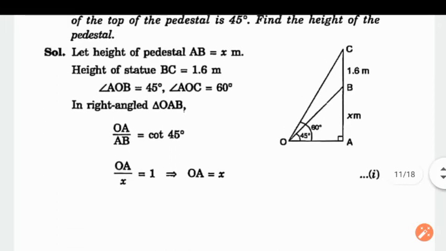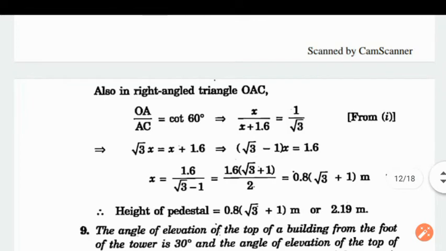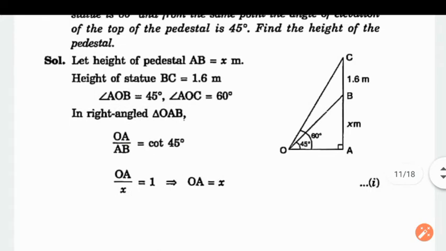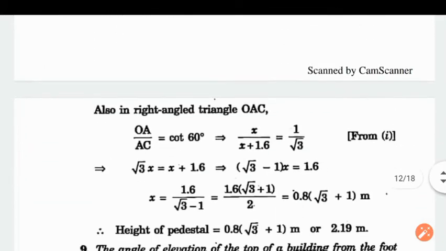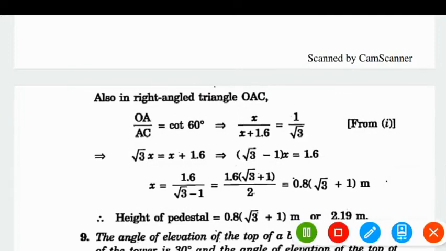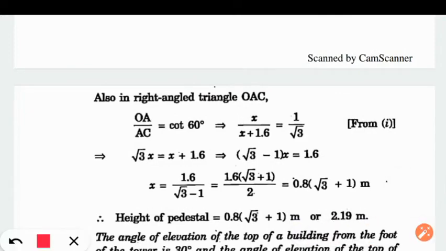Now, we know base. Now, use the bigger triangle, triangle AOC. Since we know the base, which is x OA, and we are going to deal with perpendicular, this full one, which will be x plus 1.6. So, which trigonometrical ratio I will use? I need to use again cot or tan. So, cot of 60 degree, which is base by perpendicular OB by AC, and by writing the values we will